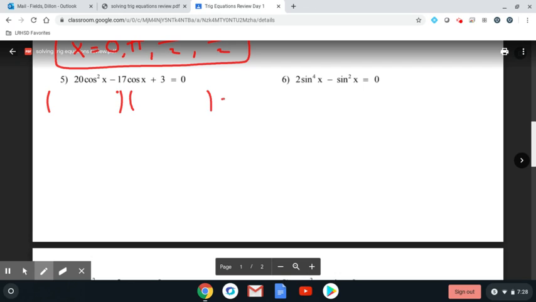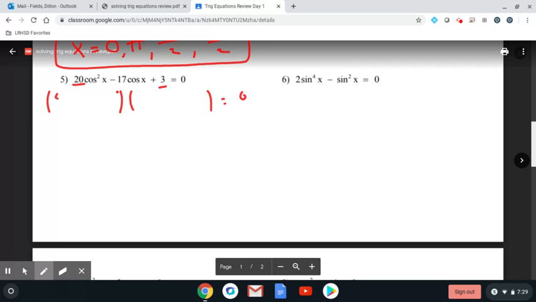The only way that we can factor this is if we set up our 2 sets of parentheses and then go from there to get those 2 different groups. Since you have this 20 in front of your first cosine squared, you're thinking about the factors of 20 with your factors of 3. That'll give you that 17. So we're going to factor this one into